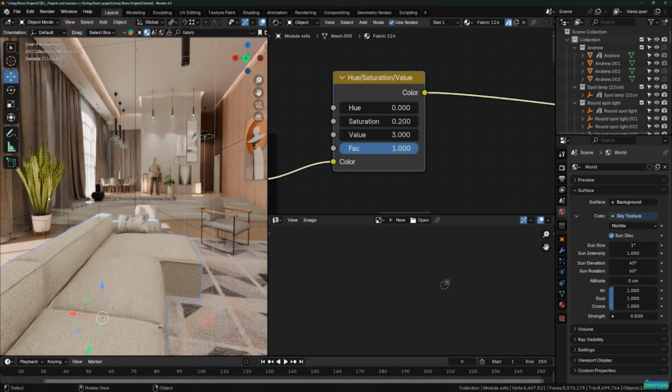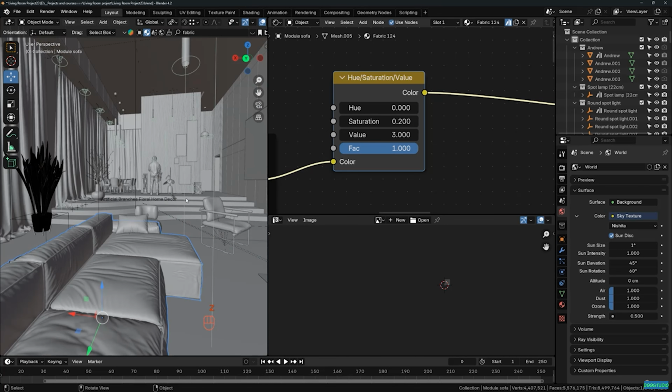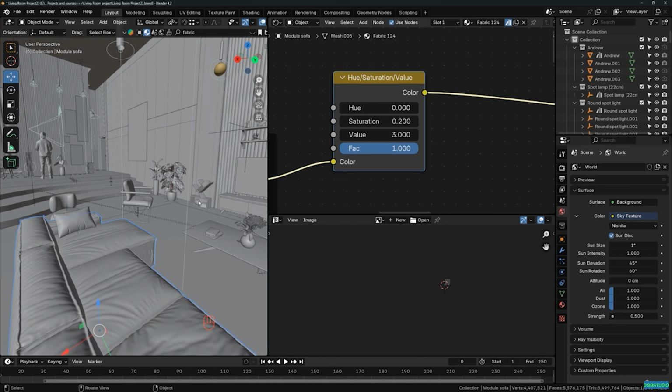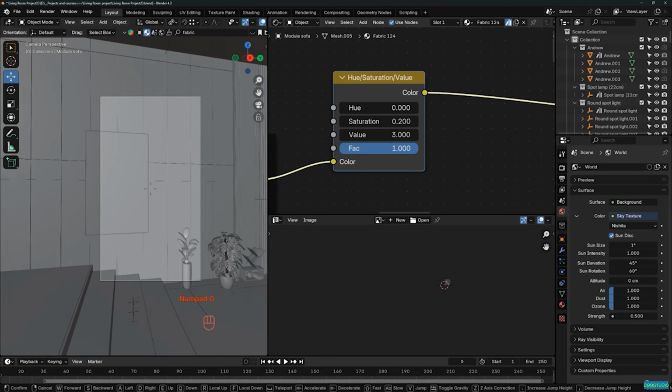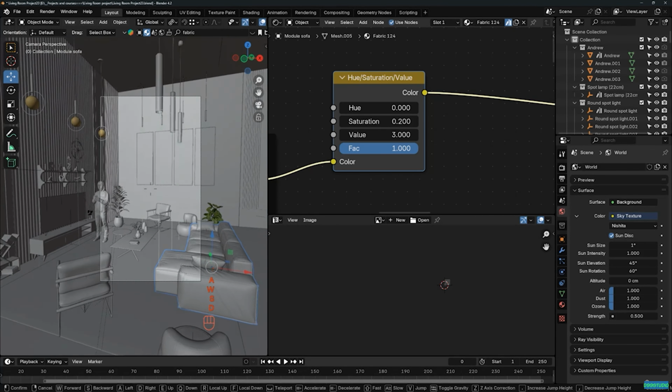All right, now let's hit Z and go to solid. And now we can take another shot. All right, for example,